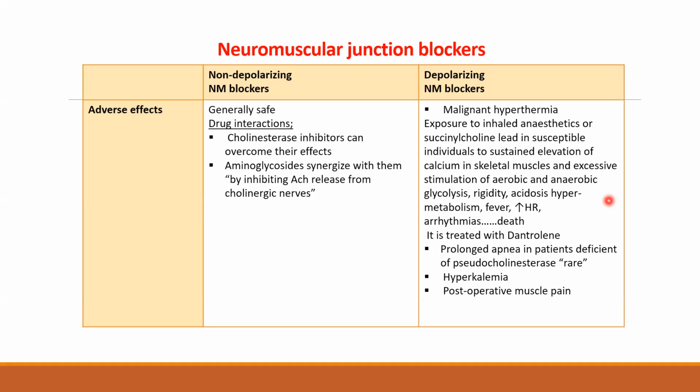Okay, how is it going to be treated? When this condition was discovered in 1960, the mortality rate was about 80%. Most of those who got it would die. But with the discovery of dantrolene, the only medicine that can help in this condition, things changed. Dantrolene closes the ryanodine receptors and stops further release of calcium from the sarcoplasmic reticulum. It's given intravenously. So dantrolene is the drug that can prevent and treat this condition, and mortality nowadays is less than 5%, fortunately.